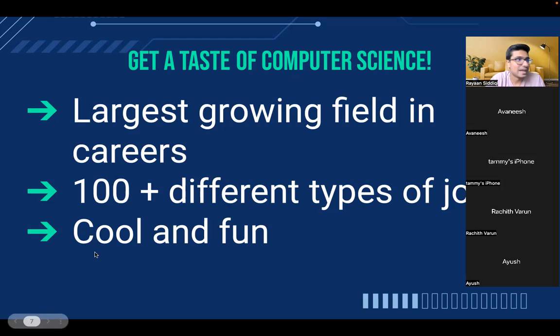And yes, the third bullet point is indeed true. Computer science is pretty cool and fun because of the amount of things you can do. For instance, I built a webcam which would automatically close my garage door when there was no car inside the garage. Now that's pretty cool, right? Because I could, and this was like 2 years ago, as a 16-year-old student in high school, use online tutorials, use my own knowledge, and make something like that super cool. And the applications of computer science just increase from there. You could be helping predict storms, helping stop large-scale events in the world, and you can apply yourself to basically anything. And hopefully, you guys will start to see some more of that as we evolve through these next 4 weeks as well.